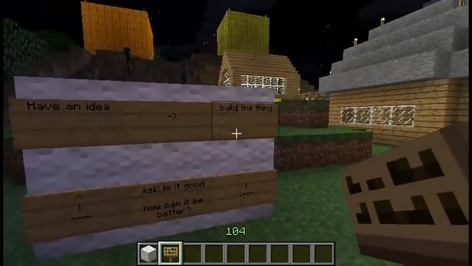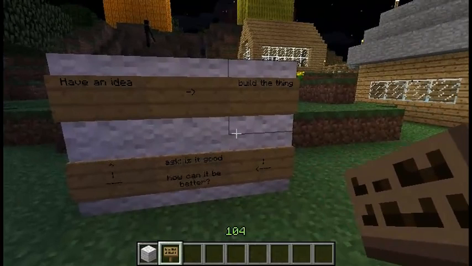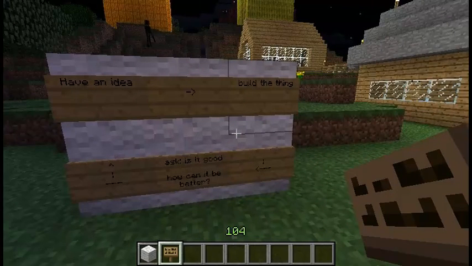And then as you go around and around the circle, each time you build it, it gets better and better until eventually you have a really, really good build. So this is basically the design process. Designing is not just some magical thing that happens. It's something you actually have to work through over and over again until you get it right.